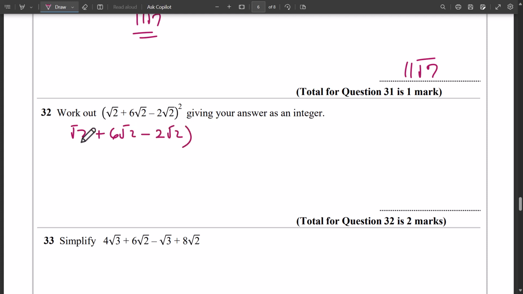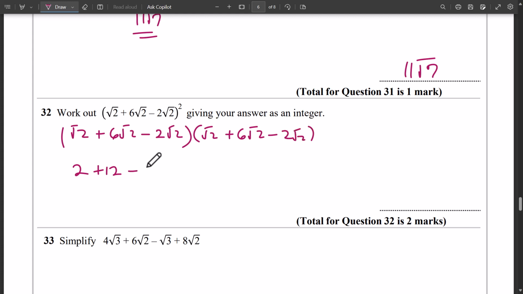So we're going to expand them one after the other. Root 2 times root 2 is just 2. Root 2 times 6 root 2 is 6 times 2, that's 12. Root 2 times minus 2 root 2 is minus